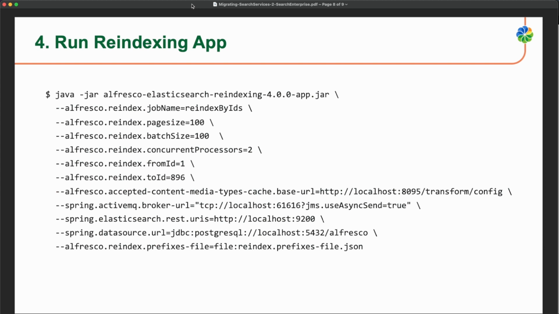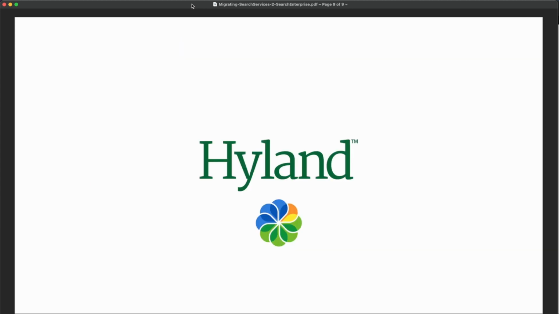So with that, we reviewed a practical use case on how to move search services from the legacy system that was relying on Solr to the new one, Search Enterprise, that is relying on OpenSearch or Elasticsearch. Remember that the steps are quite simple. Just verify your existing installation to understand all the models and to extract the mapping for the namespace and the prefixes. Then we need to prepare the reindexing environment. And finally, we can just run the reindexing operation in this new environment to get the OpenSearch, in this case, or Elasticsearch